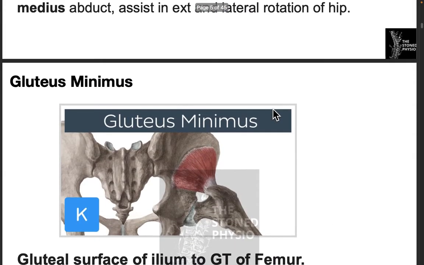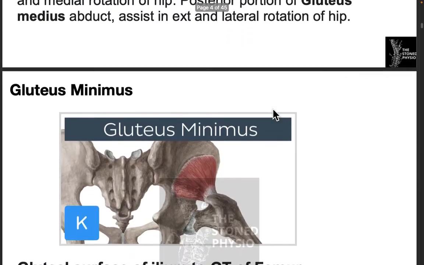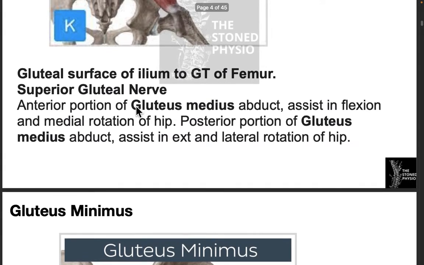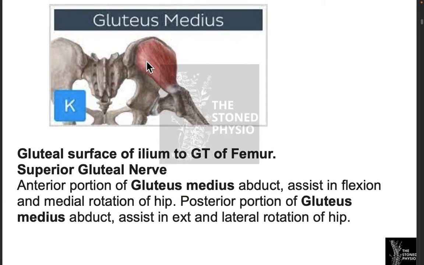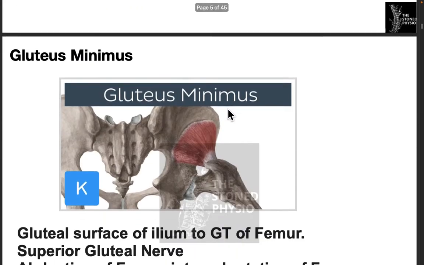Okay, we will come to this now. Here we have seen that it assists in flexion and medial rotation of the hip, and some of the posterior portion, just like the deltoid, the posterior portion of this muscle might help in providing extension as well as lateral rotation. The anterior fibers might provide internal rotation and flexion action. Okay. And more or less we have talked about the major action of the gluteus medius and then